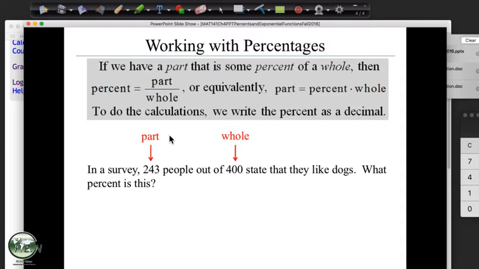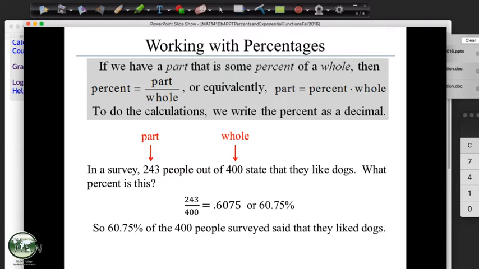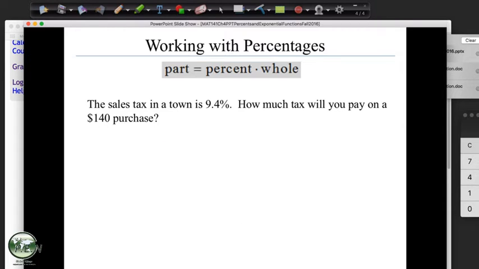So then, I forgot, the PowerPoint kind of walks you through it. They tell you the part and the whole, but we already figured that one out ourselves, right? And then they divide, and then they move it into a percentage, which is the same number we got, right? And it works for some people, but I also find that people will forget in certain situations which way to move the decimal, and so we'll just keep working these with our part over whole equals percent over 100. Okay, and then we'll take a look at how they work them as well.